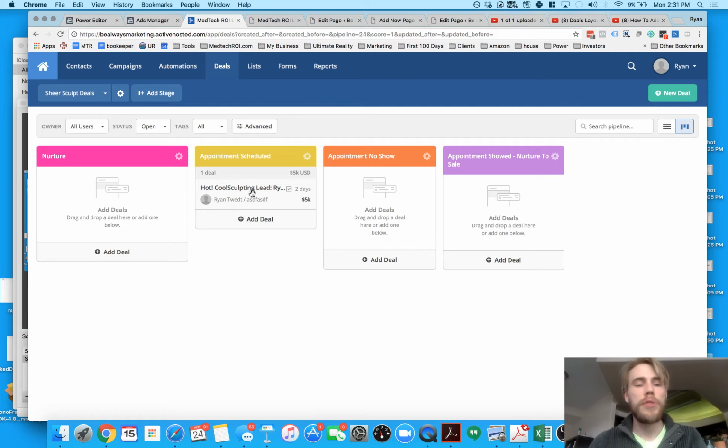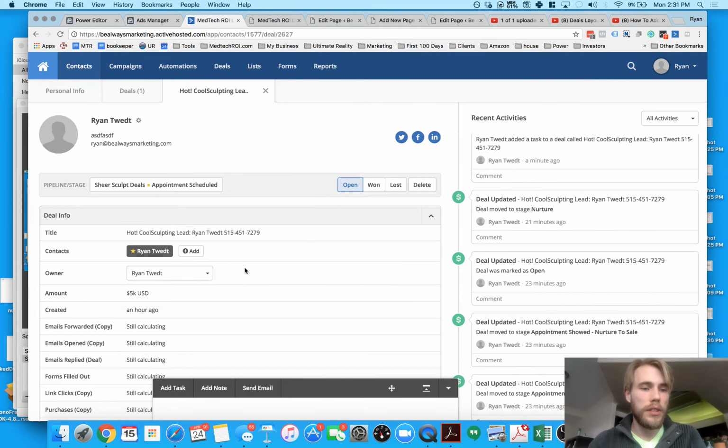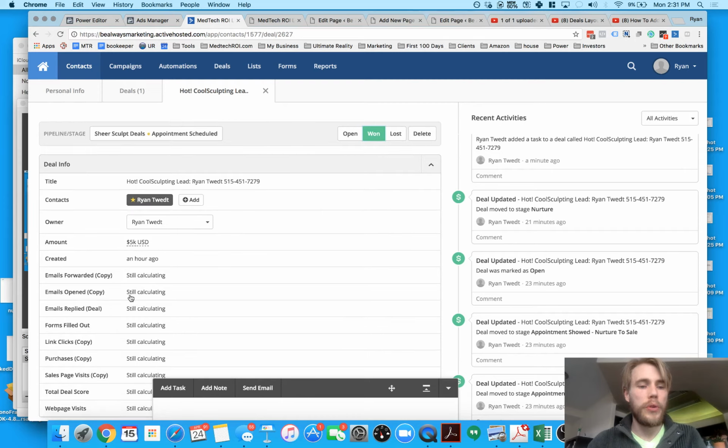And so, once you've got the appointment scheduled and the lead comes in, and let's say they buy, you want to go into the lead record. This is the deal record form. And let's say you won the deal. So you go ahead and select one, and then type in the amount that the deal was sold for. So let's say $5,000, so 5K, and